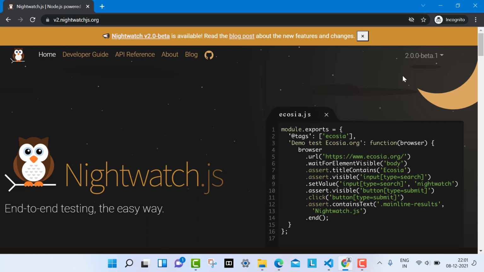You can ask why I'm using this version. What is the benefit of using this version? There are a lot of benefits over the previous one. This version is going to support Selenium 4, which comes with a lot of extra features. Apart from that, the bigger feature for me in Nightwatch version 2 is the inbuilt test runner for Cucumber.